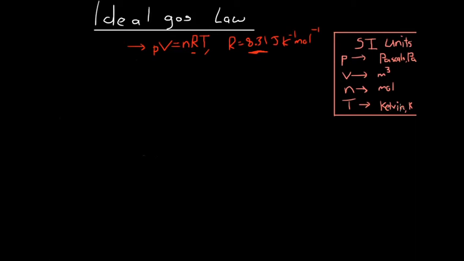Now, there are a few unit conversions that we're going to have to make, and I'm going to fill you in on those here. Basically, pressure is given in pascals when we're using this equation. However, often we'll be given pressure in a unit called an atmosphere, given by the abbreviation atm. One atmosphere is basically the pressure of Earth's atmosphere at sea level. That's not really important, but what is important is that one atmosphere is equal to